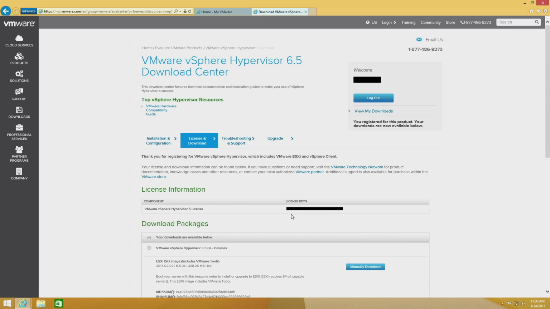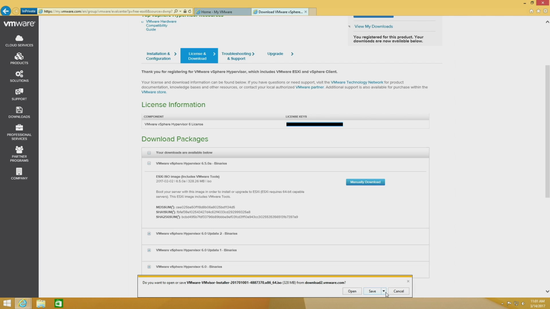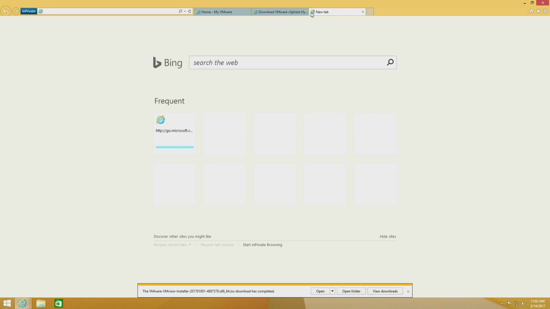As you can see, this is your key for the VMware ESXi Hypervisor. Download one of the binaries. In this case, I will be downloading the 6.50 binary. So what you want to do is click on the manually download button. You want to save this somewhere safe. And once the binary has finished downloading, you want to open a new tab and navigate to